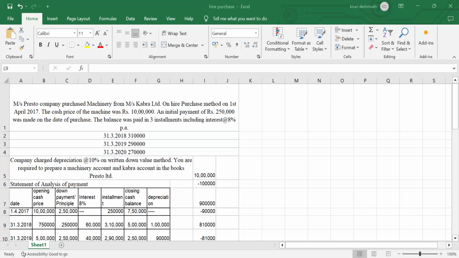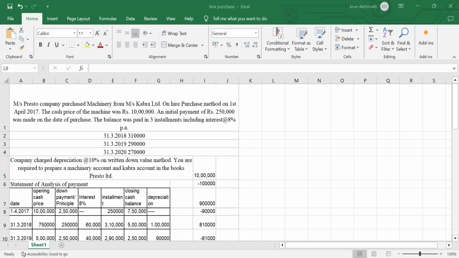Let us understand the statement of analysis of payment. The columns which you will be preparing: very first column is date, then opening cash price, then down payment or principal, then interest, then installment, closing cash balance and depreciation. The transaction date is 1st April 2017. So opening cash price is recorded for rupees 10 lakhs. Initial down payment of 2,50,000 was made. So installment value will become 2,50,000. We will be deducting 2,50,000 from 10 lakhs. So closing balance will be